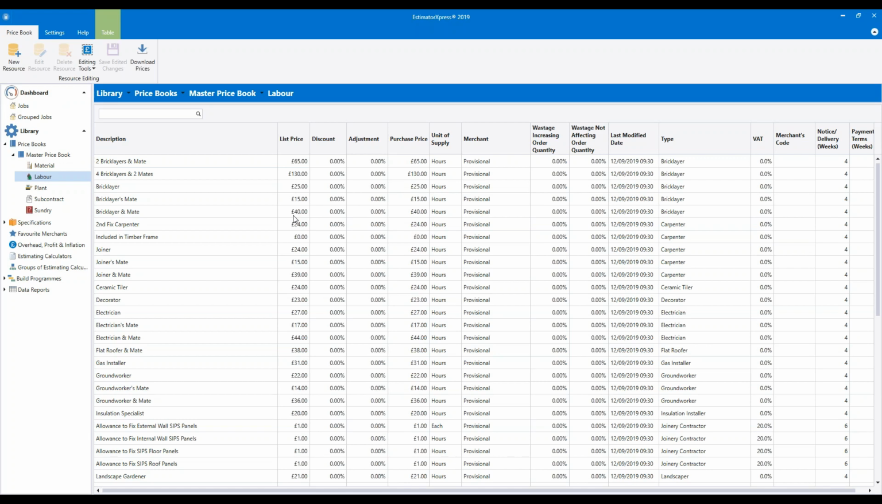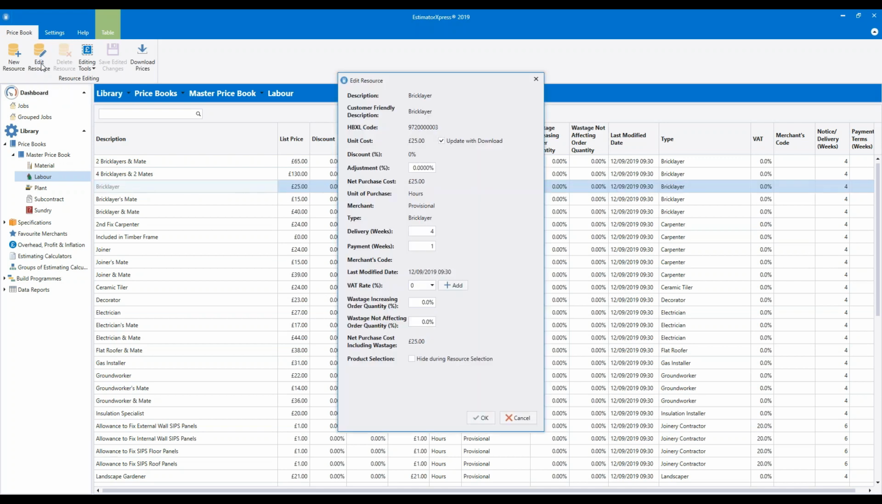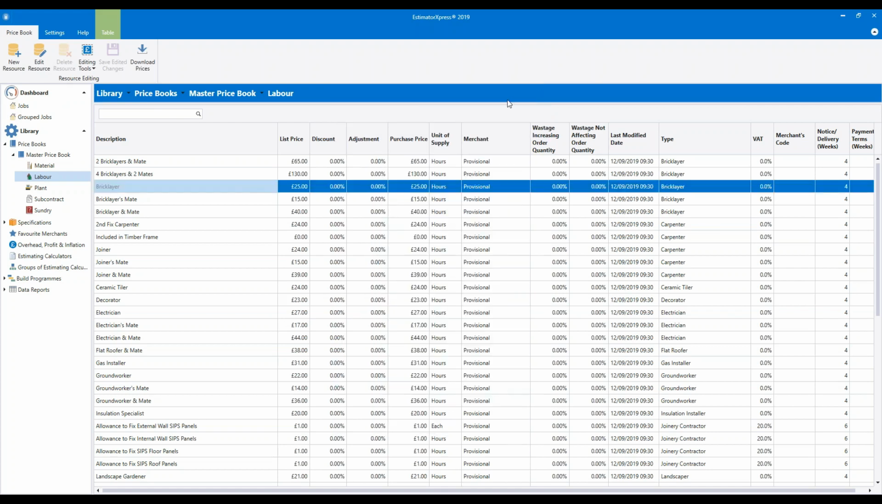So you can edit an individual labour rate if you want by clicking on it. So if I click on the bricklayer and then click edit resource. But in fact, the easiest way to do it is to use what we call the editing tools button. So if you click editing tools,